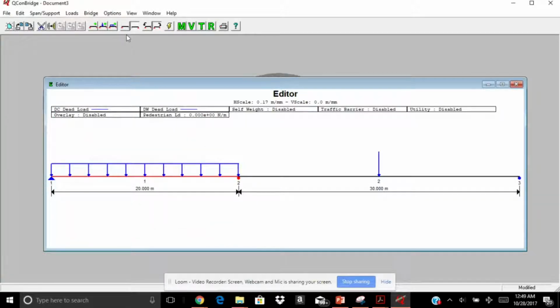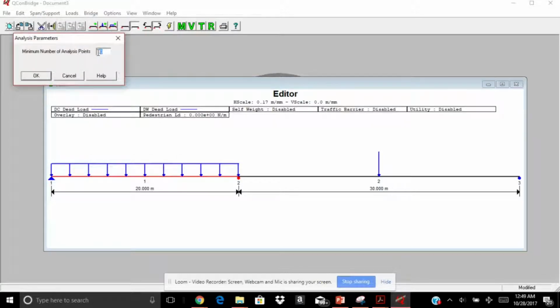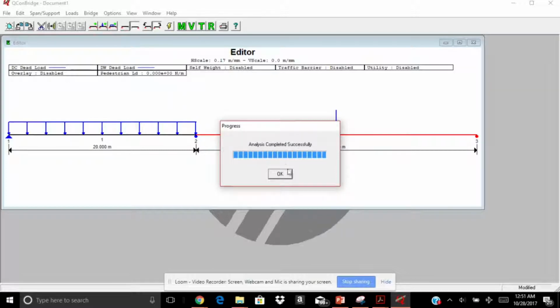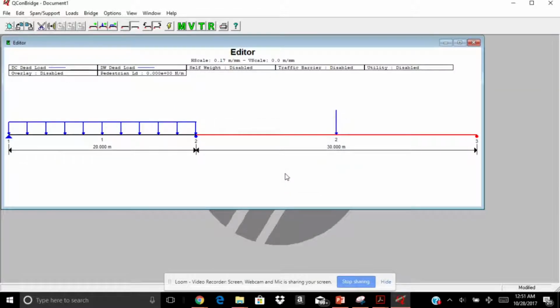After modeling my beam, now I'm going to analyze it. To analyze it, go to bridge, analyze, and here I'm putting the number of analysis points. These are the points where I'm going to look at the values of bending moment and shear force in a particular span. So let's put 5, but you can put as many as you want, like 10, 15 or 20, as you demand. Just click on OK, and then the analysis takes place. When it is successful, then